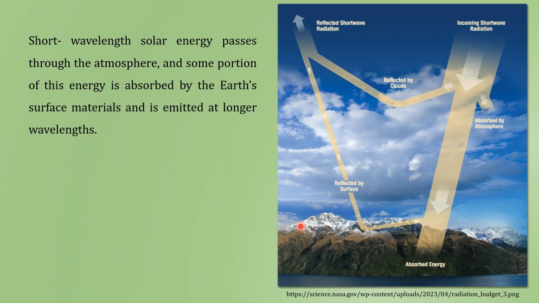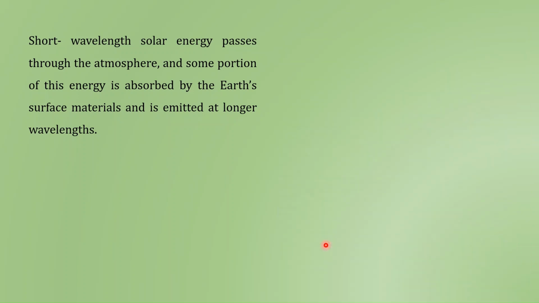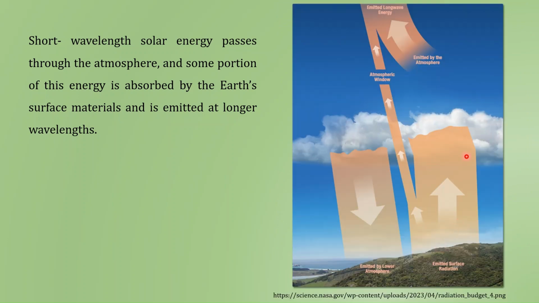The primary source of energy for our earth is the sun, and the solar radiation is mainly the shortwave radiation. And when this radiation enters into our earth's atmosphere, some portion is reflected by the cloud and some gets absorbed in the atmosphere, and the rest which reaches the earth's surface, depending upon the object on which this solar radiation is incident, can either be reflected or absorbed. So the energy which is absorbed by the earth's surface is emitted as the electromagnetic radiation having the longer